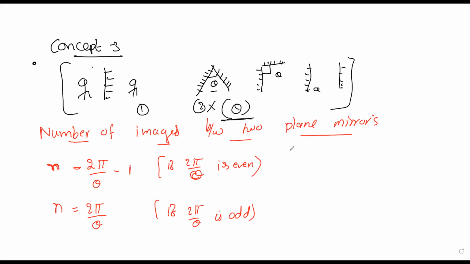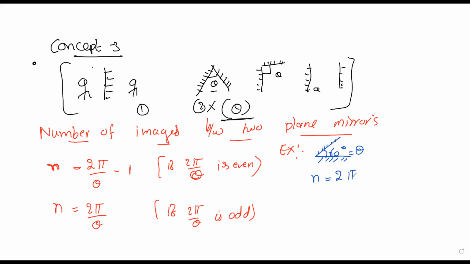Okay, so we'll write one example, so definitely you're going to understand this. Let us say I place two mirrors, one mirror like this, and the other at an angle to it. Let us take the angle as 60 degrees. I kept the two mirrors at an angle of 60 degrees. Now imagine the number of images formed and how many images we can see when you place the two mirrors at an angle of 60 degrees is given by